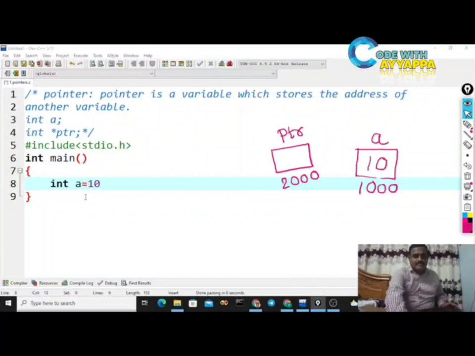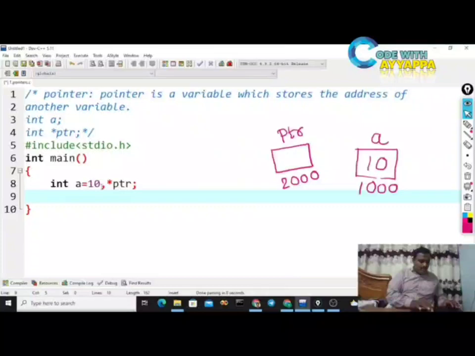Now just observe. I am declaring a pointer variable, int *ptr. It is a pointer variable. Now I am assigning the address of a to the pointer variable: ptr = &a. How to assign an address to ptr? With the help of the ampersand operator. &a is the address of a.